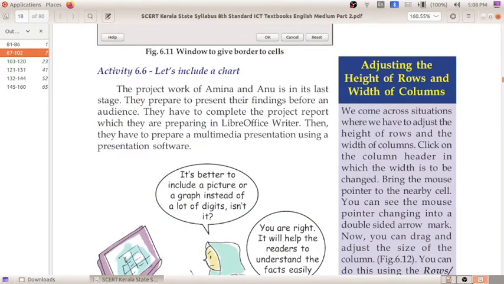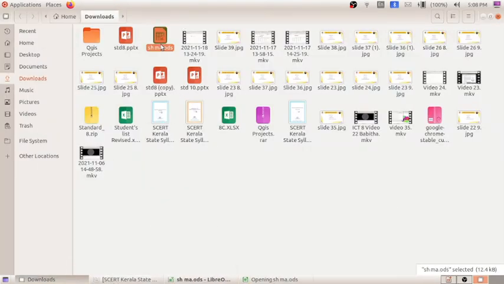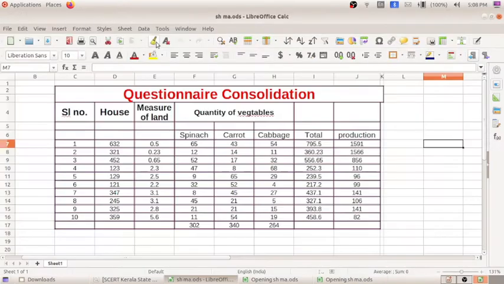So I will be opening our current ODS file. This is the Excel file in which we are working. We have made the table more beautiful. So now we are going to create a chart.